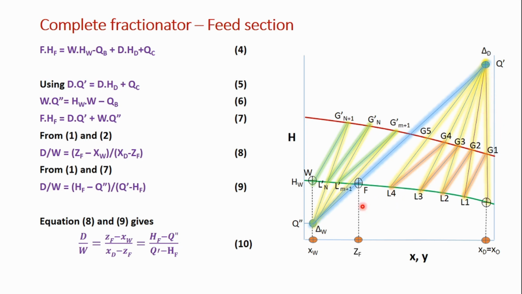Okay, how to get this delta W value? What we can do to get this delta W value, this difference point? We know this feed point. This delta D point, if I join to this feed point and extend it on XW line, I will get this difference point delta W. So I will get this difference point also. So once I know this difference point, I can draw my operating lines and find out the number of stages